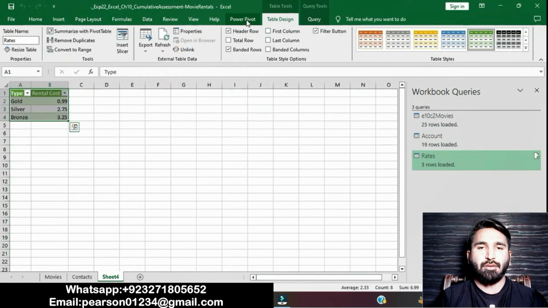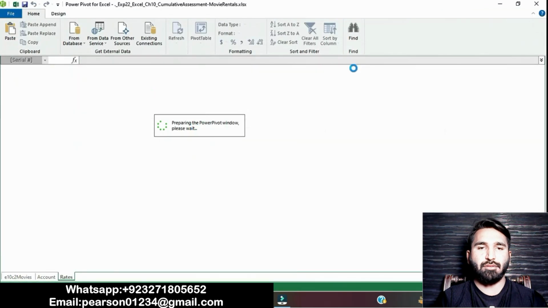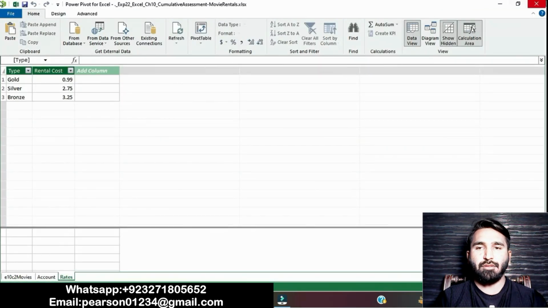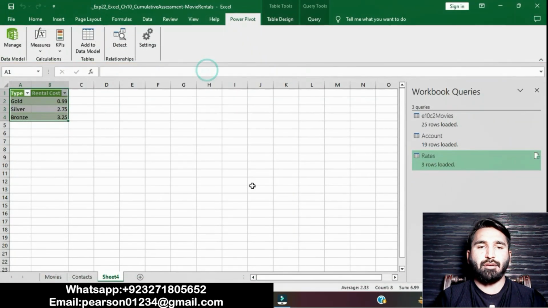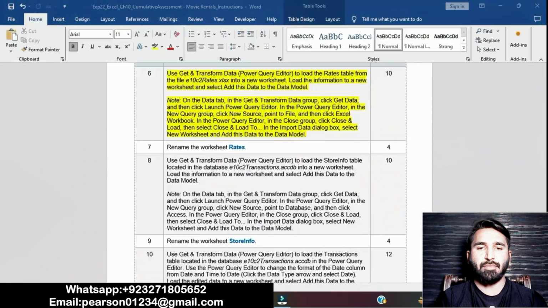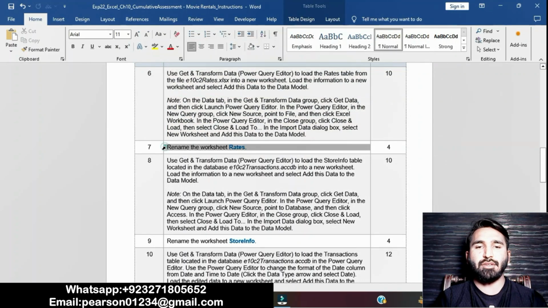Okay, add to data model, then enable content. You can see I have done this question. I have done 6 questions of this assignment.